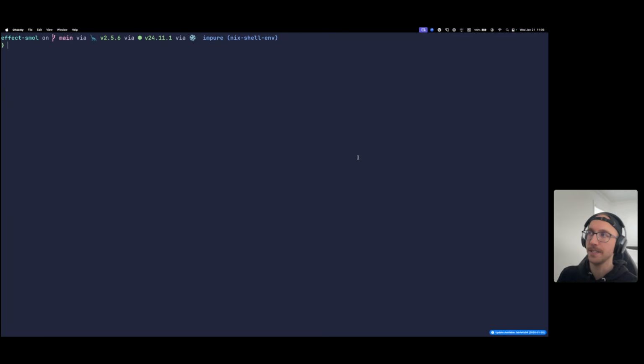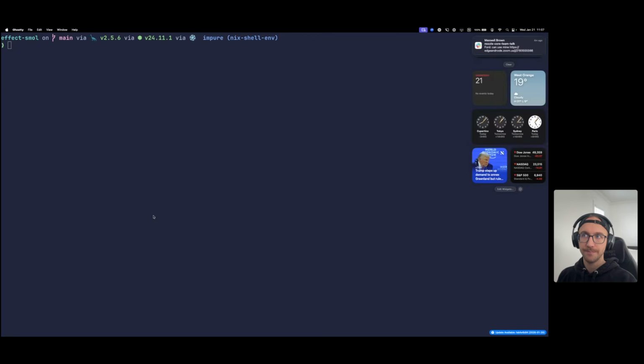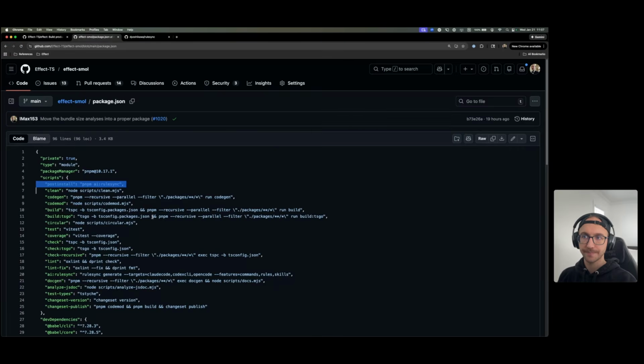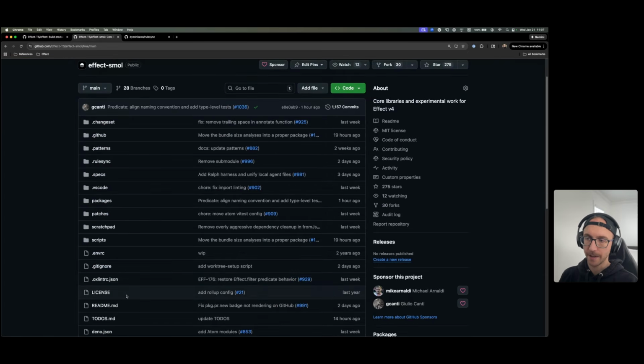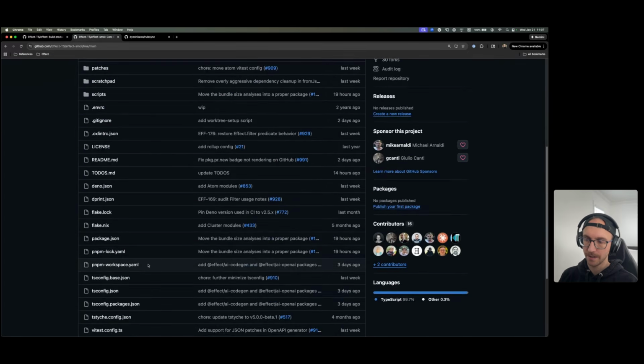The only problem is obviously you have to run install to get it to be there. So if somebody adds a rule and you pull their changes, I guess you could add it as a Git hook, so to speak, but yeah, that's one cool thing I did to clean up the root of the repository,